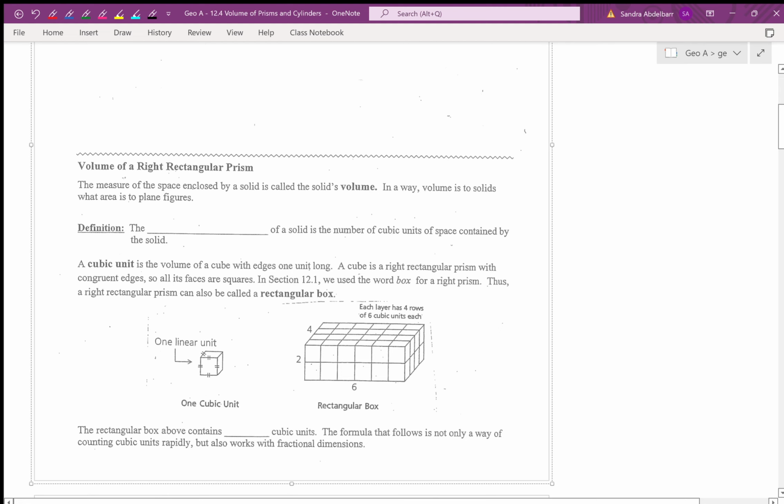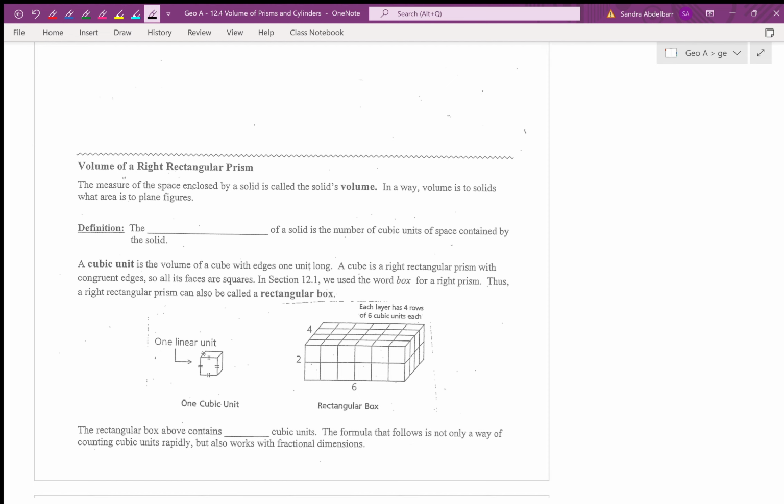Okay, so before the NJSLA, I gave you a little brief overview of volume, so now we're going to really get into it. Definition, the volume of a solid